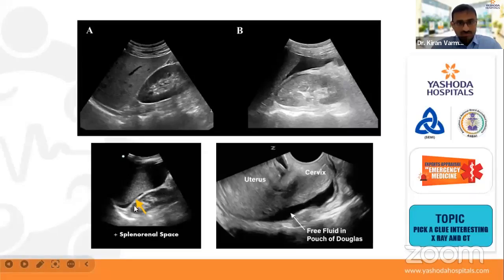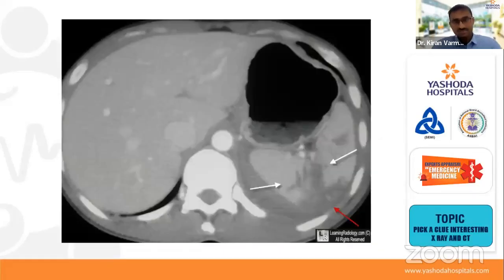Then you can see the free fluid here as well. Then free fluid in the pouch of Douglas. Then when you do the CT scan, these are the CT scan findings. You can see the spleen is shattered. This is the spleen, and this is the blood in between, clots in between the splenic tissue. So this is how we can get the clue in the CT scan when the patient has splenic laceration or splenic